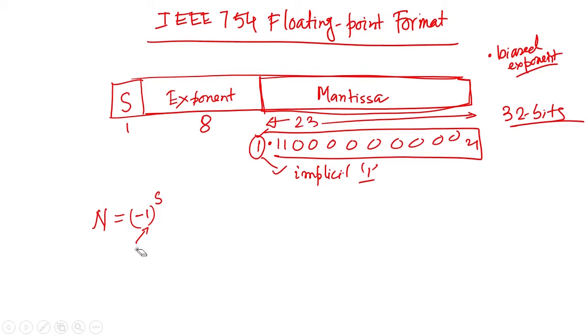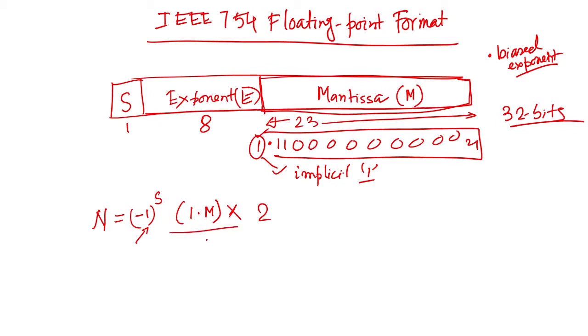Then multiplied by 1 point mantissa, where m is the mantissa, multiplied by 2 to the power, that is the base,